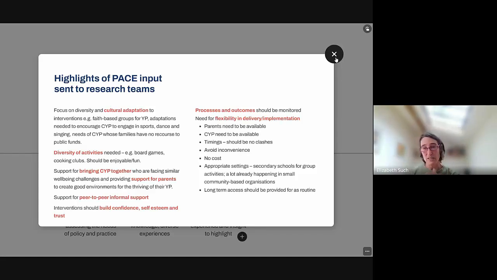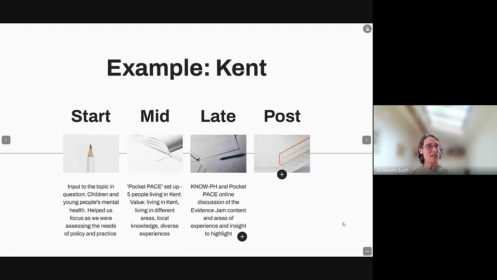So that's how we conducted the public and community engagement in this pocket PACE format, and then afterwards, after the jam, we fed back to the PACE group on the value and the impact of their input. But what we didn't do, and I'd be really interested to get Naeema's and Nusrat's opinion on this, is how we could have brought those 5 people together with the decision makers in the local authority, if that's possible, feasible, desirable, and what the challenges and barriers might be, because it's a nice addition to knowledge mobilisation work,